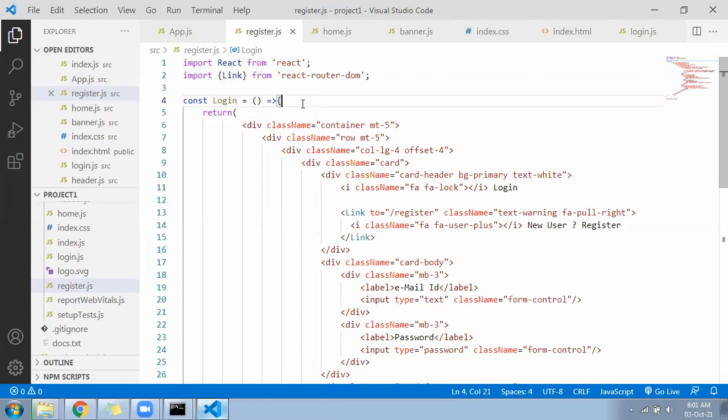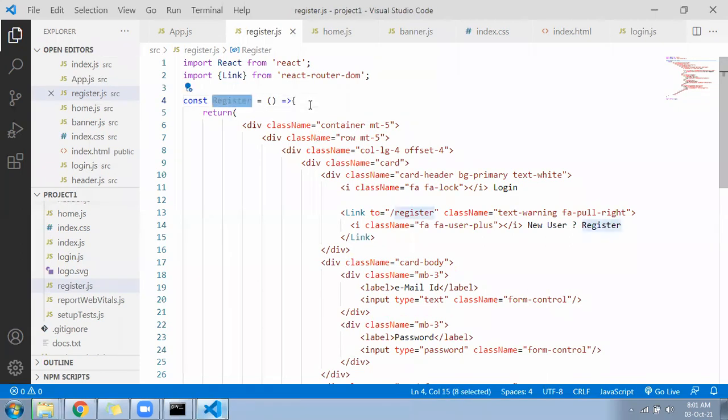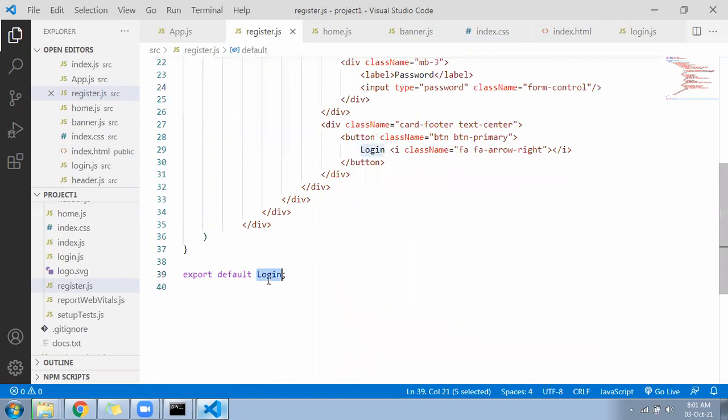Okay, so next, the function name in the register file you have to change to register, and below export you have written login, that also you have to change to register. Change the function name to register, and export also change to register.